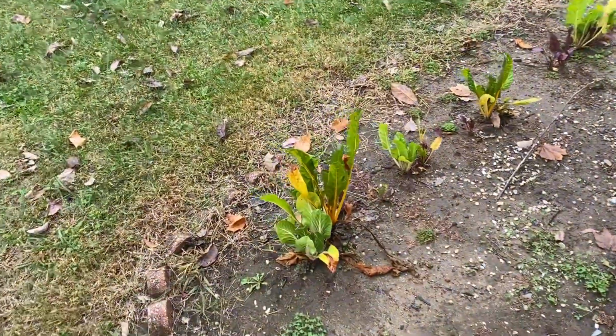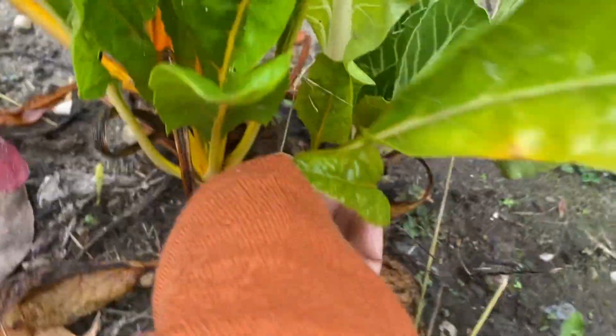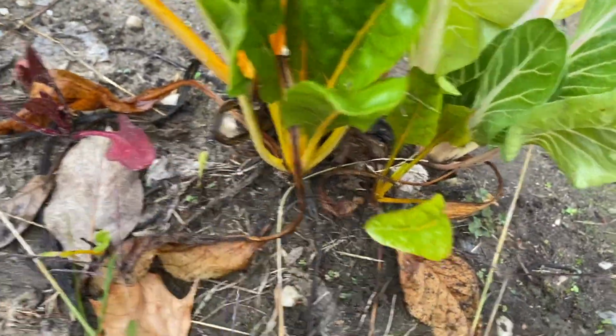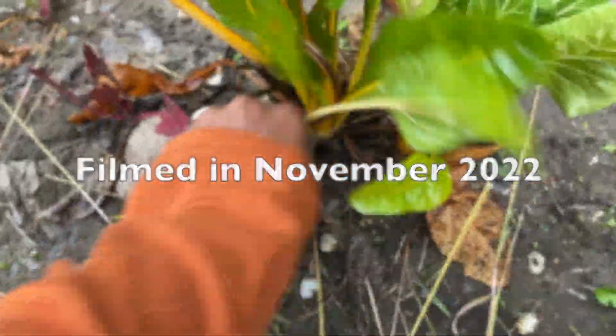I'm going to assure you right now that this is not a how-to gardening video. My gardening experience is simply experimental right now. But this is the last of the Swiss chard in my front yard in front of my house that me